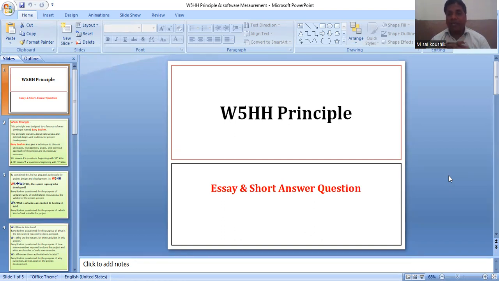So what is the basic concept of this principle in software engineering? Those who maintain project development in software engineering follow this kind of principle.